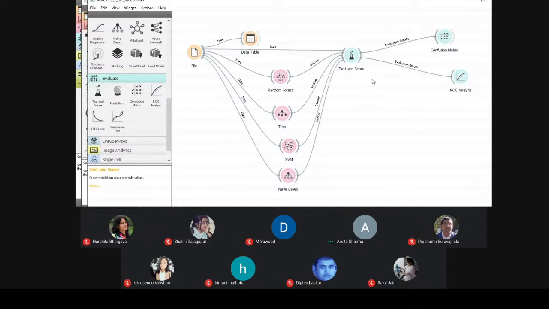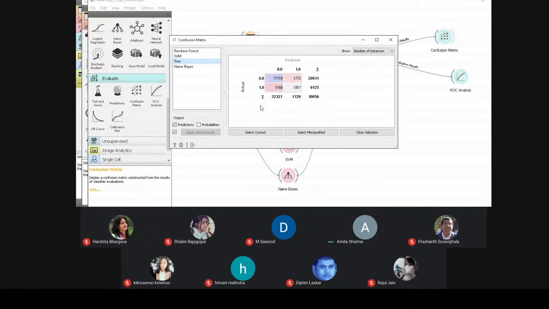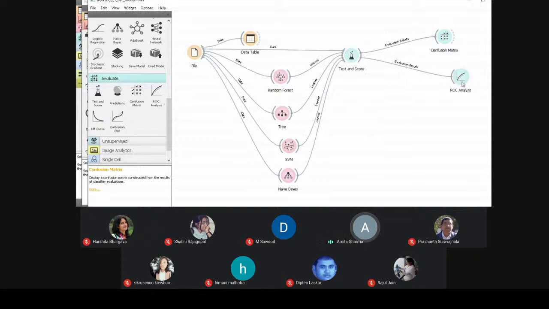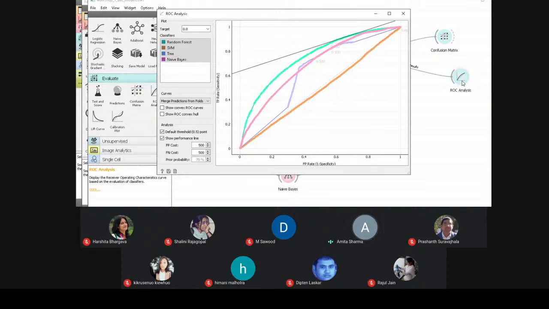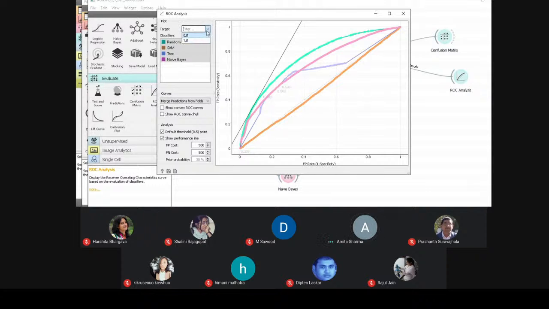Also, as I already mentioned, you can generate the confusion matrix. By this you can see the confusion matrix of each model, and also the ROC curve. Here you can see a beautiful ROC curve for each target. For one, it is like this. For zero, like this.